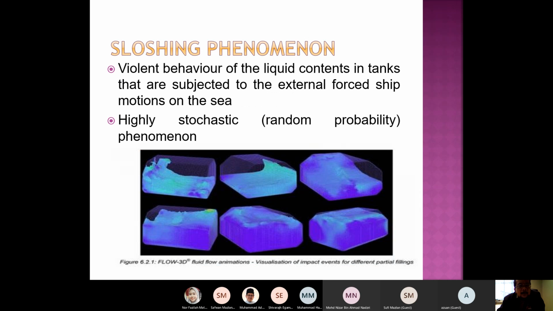Normally the liquid content is slightly violent in tanks subject to external force, such as ship motion. It is highly stochastic,